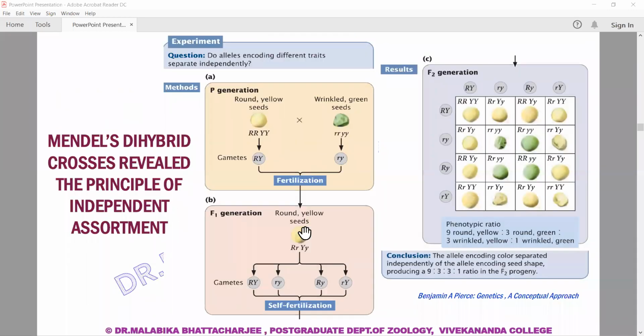So now when we move to the dihybrid cross, this was already done in the monohybrid experiment. There is a capital R and a small r. The capital R is the dominant allele, the small r is the recessive allele. So when both capital R and small r are present together, the phenotypic expression will be that of a round seed. Now let's go for the color. This is the other allele taken into consideration in Mendel's work. Y stands for yellow seeds and small y stands for green seeds.